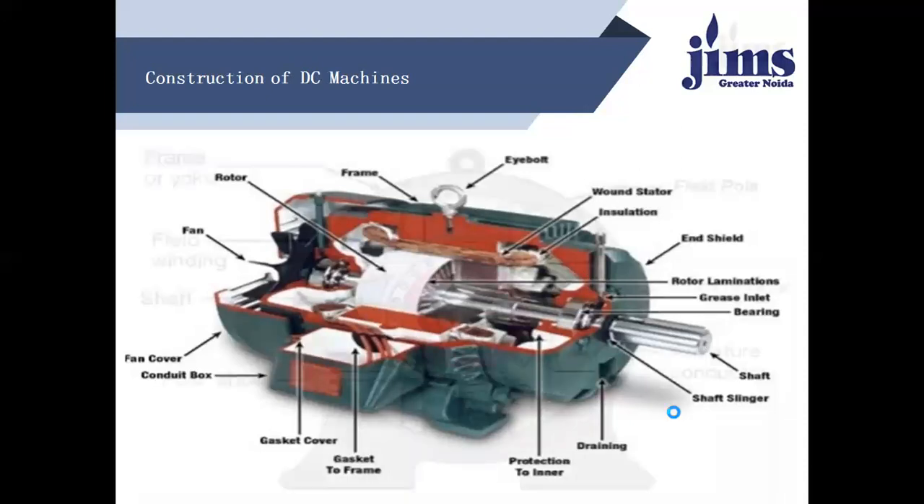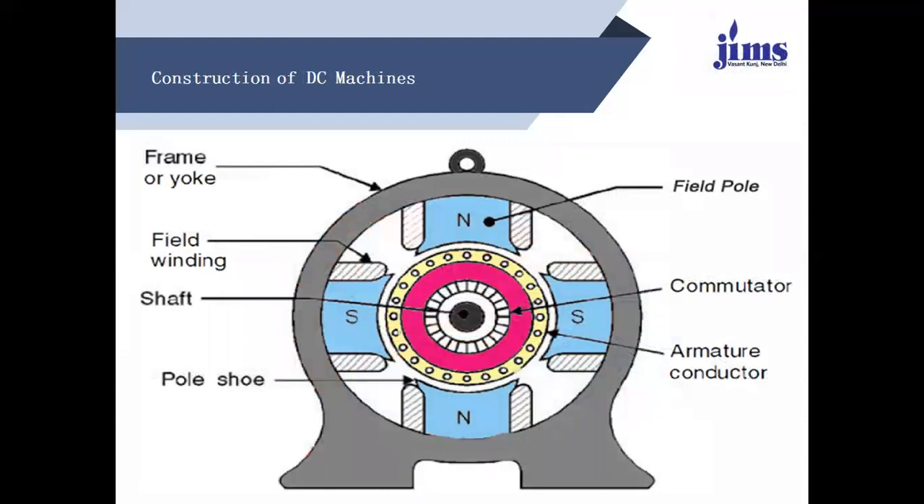So that will be the basic difference between the DC machines, or the DC motor and the generator. This will be another construction of the DC machines. Under this, you are finding there is a field winding which will be associated over there, because in the